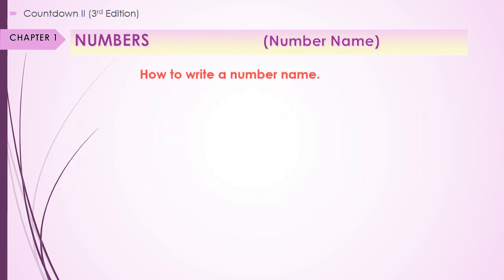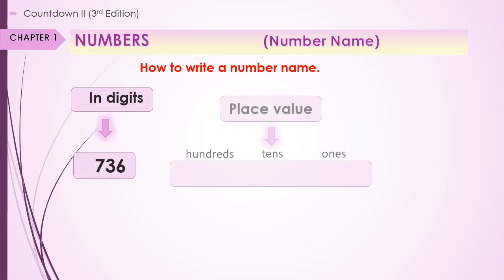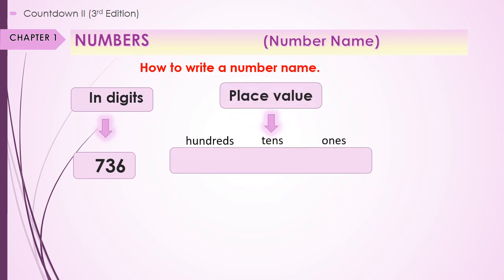Let's learn how to write a 3-digit number in words. For this, we will write this number according to its place value. Now look and tell at which place 6 is written. Here 6 is written on ones place, and we know that 6 ones equals 6. Now tell me how to write 6 in words. I hope you know the spelling of 6. S-I-X, six. Now move on to the next. Here we have 3 on tens place. 3 tens make 30, and we can write this 30 in spellings like this.